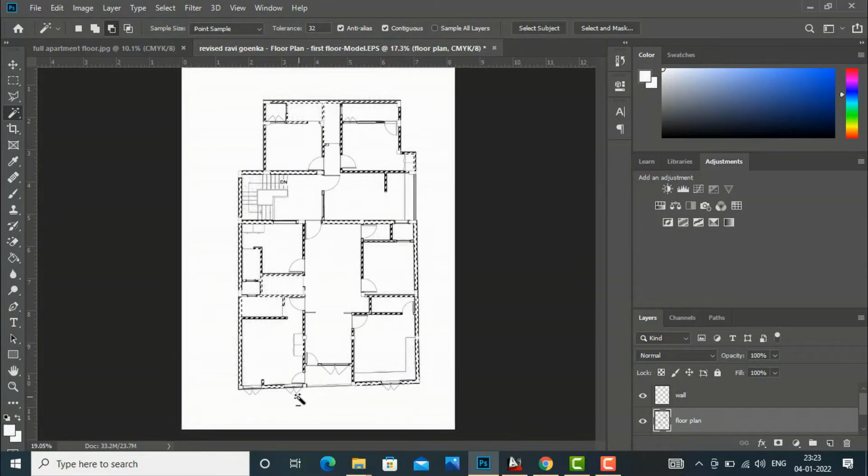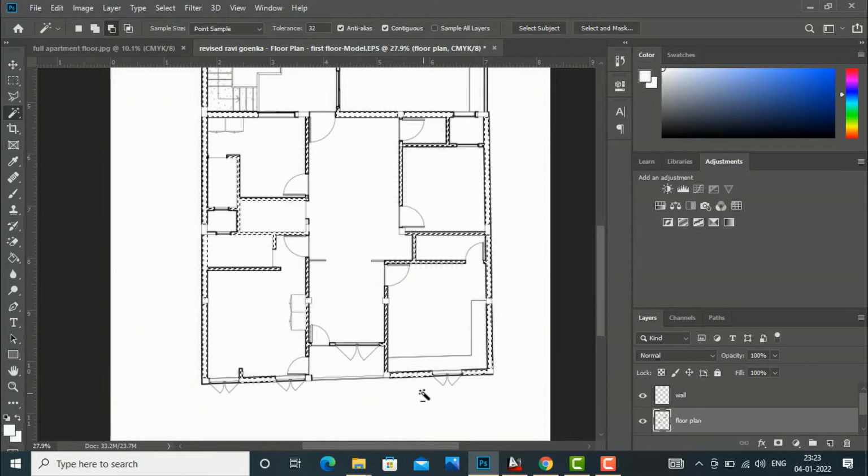So almost all my walls are selected here, and now I am going to create a layer. You should understand the difference: before making a layer, you are required to go to your floor plan and then make a layer. So I will create another layer for wall, and I will rename this as wall. And now I will go and change this foreground color